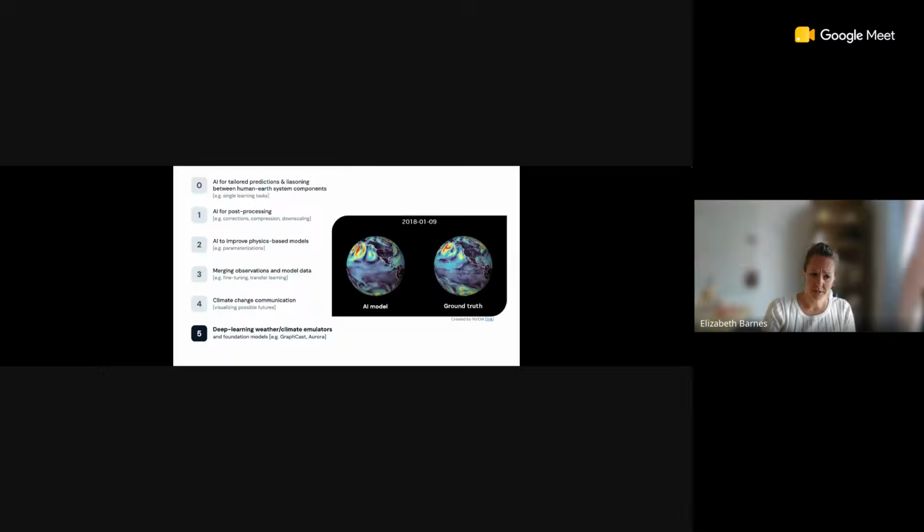And then finally, what I'm really going to focus on today is the idea of deep learning weather and climate emulators. What I'm going to talk about is really focusing on models that are purely data-driven, trained in many cases on reanalysis. You often hear some people talk about ERA5. So trained on reanalysis to fully reproduce the state of the Earth system at any given time. Here's an example of one of the models out of NVIDIA with the AI model on the left and the ground truth on the right. I love this video, it's beautiful. And the question is, how's it really doing? Because it's relatively easy to make pretty pictures.